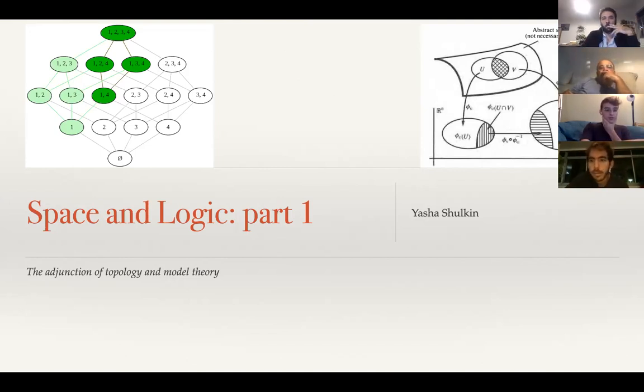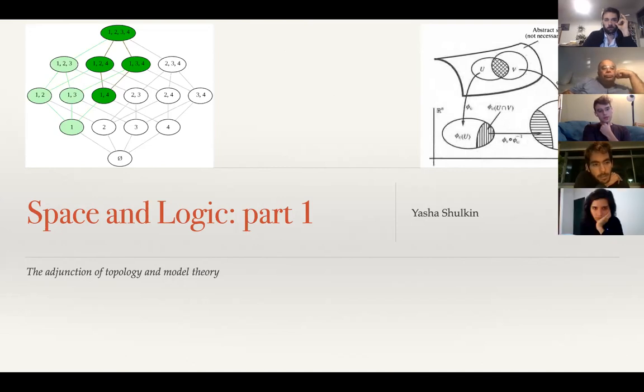This one on the top left shows filters and ultrafilters. Just to get a little intuition, the ultrafilter is going to be this whole thing with the light green and the dark green together. It's a large set, a subset of the power set. So this whole set is 1, 2, 3, 4. It's a subset of the power set